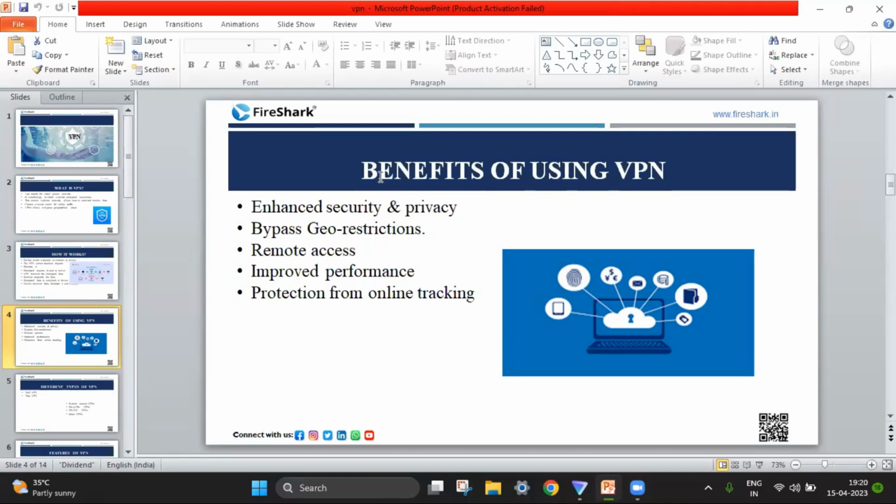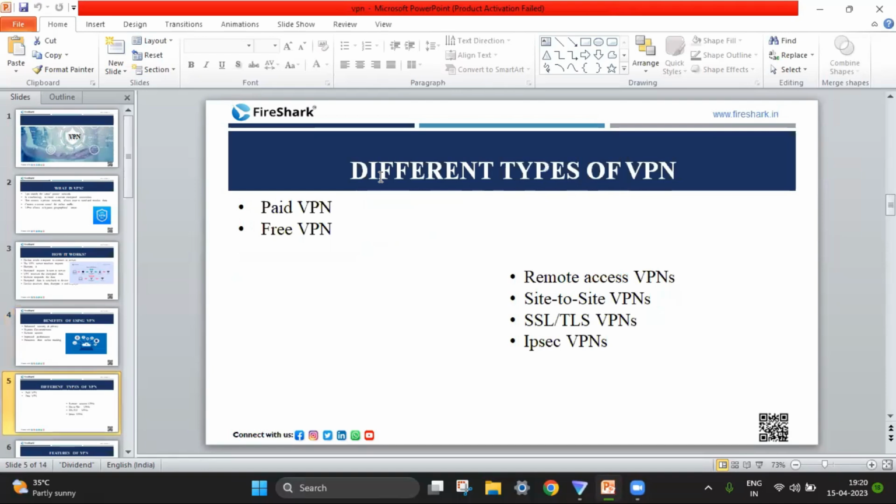Okay. Next is different types of VPN. There are basically paid and free versions of VPNs. Here's a brief overview of each. I will tell you about paid VPN first. Paid VPNs are subscription-based services that typically offer more features, higher levels of security, and faster speeds than free VPNs. These VPNs often have more servers located in different countries, which allows for greater flexibility and